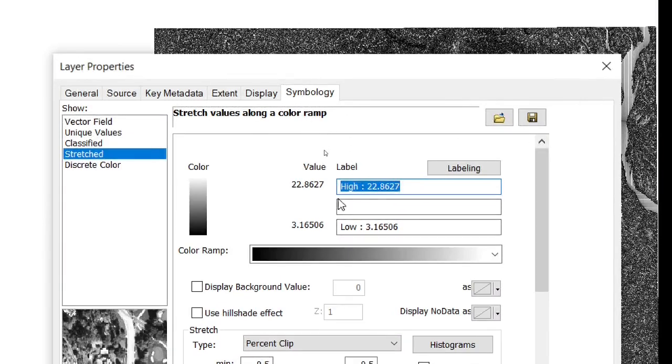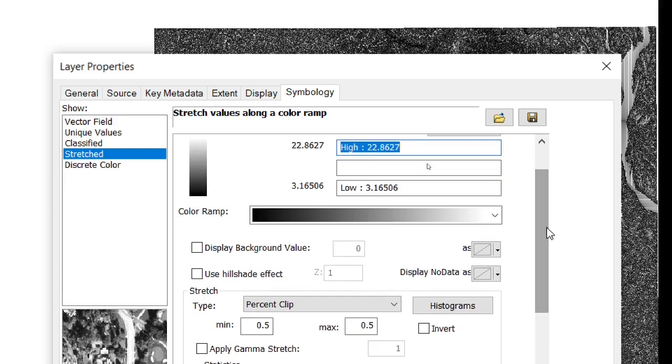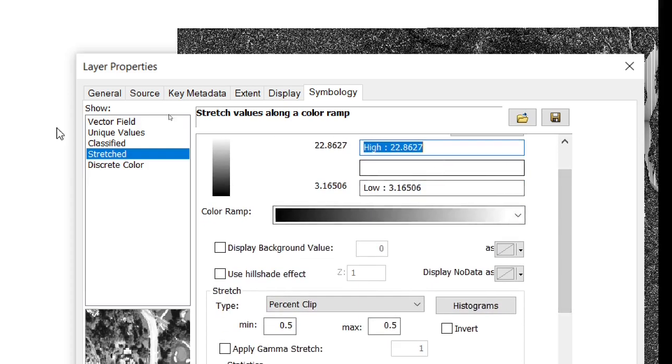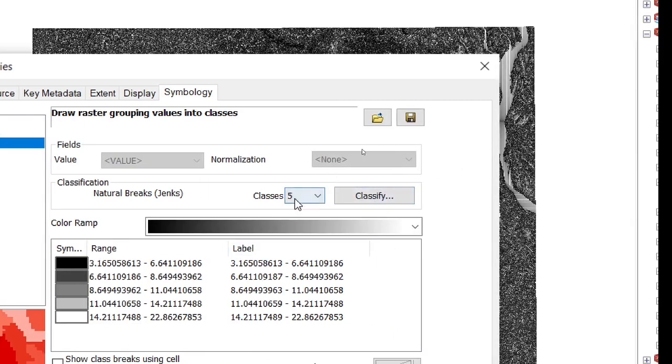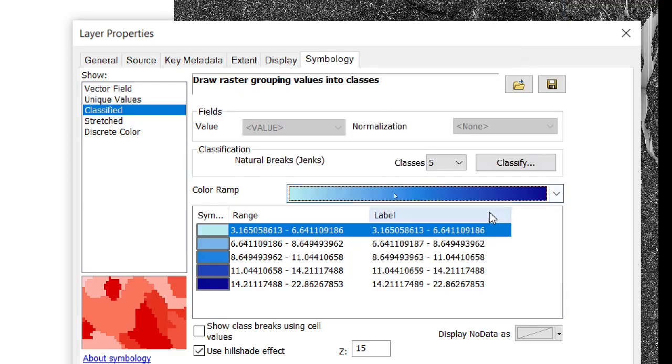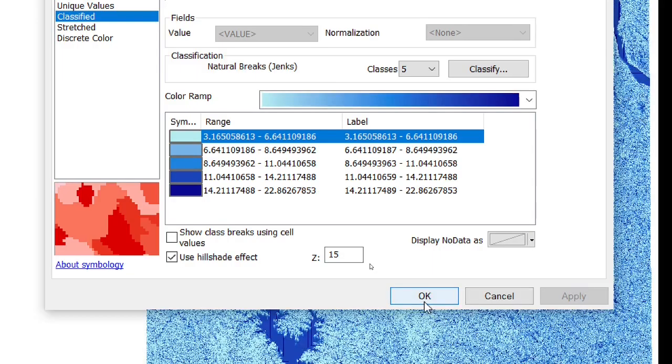Higher value means higher wetness and lower value means lower wetness. So you can classify it according to any standard formula. You can change the class, you can change the color, choose this one and apply. Okay.